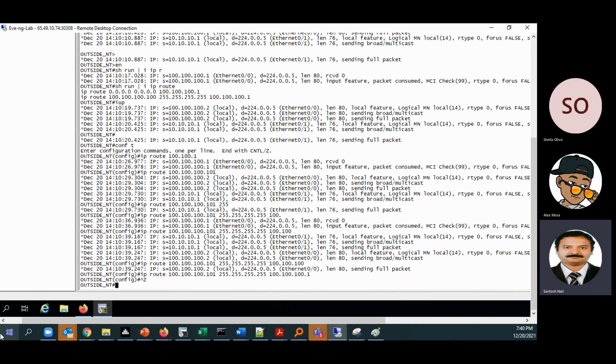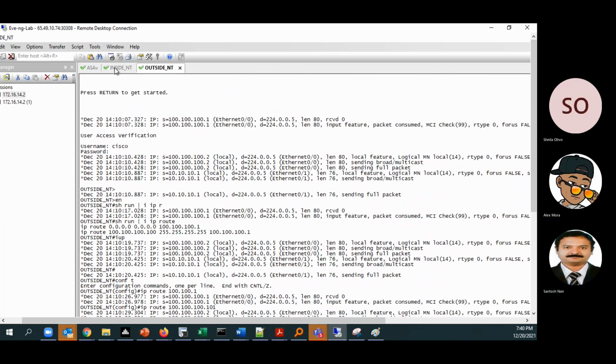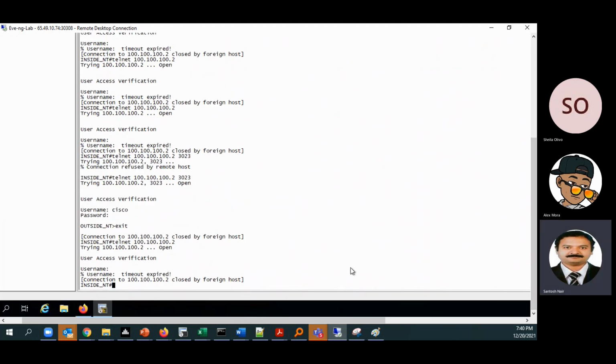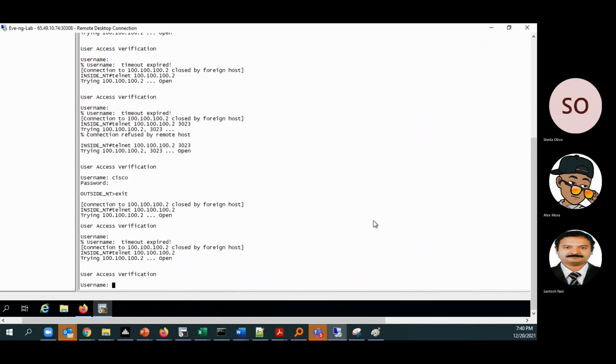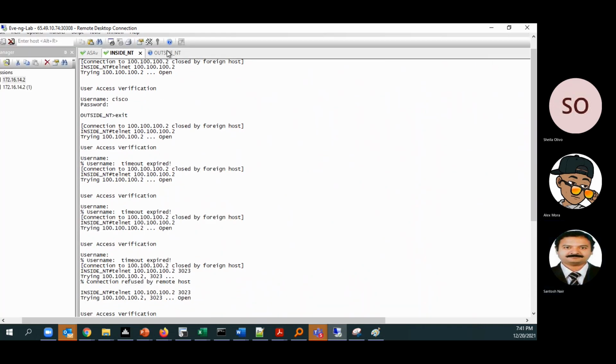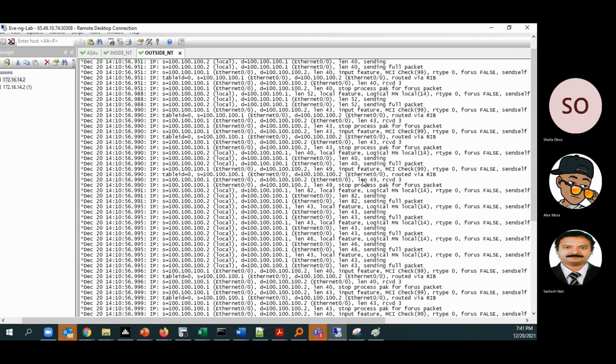Now the outside network knows how to reach me. So we can try a telnet from here. Telnet is happening, but what is the IP address it is receiving? It is still doing the NAT to 2.1.